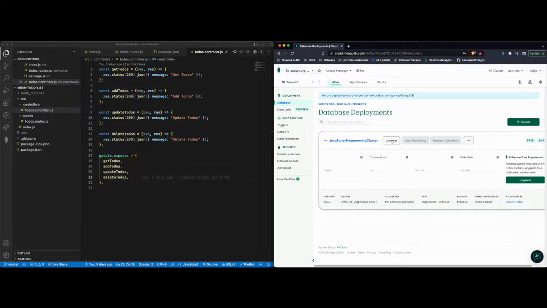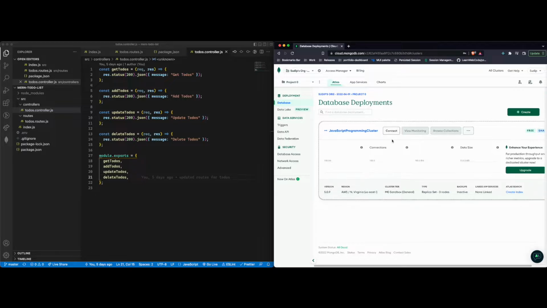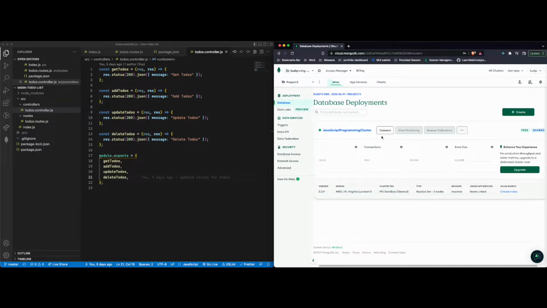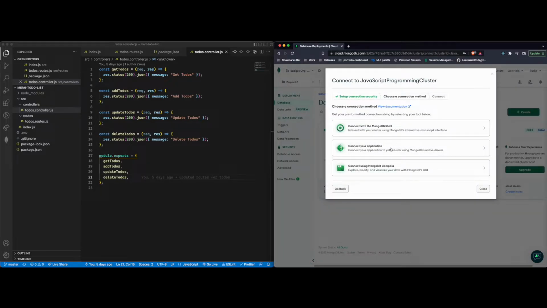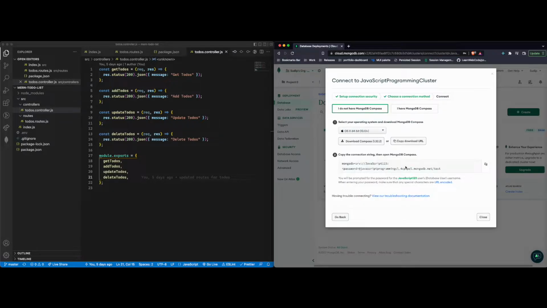Is it still setting up? Yes. Eventually when this is set up, we want to create a collection to add our to-do list. Looks like it's ready, or not. I'm totally confused because they changed a bunch of stuff on this. Let's click on connect, and we can use connect with Compass. Here you would just copy this connection string, because we need this on our web server to make a connection to our database. So I will just copy this, and while the database is setting up,